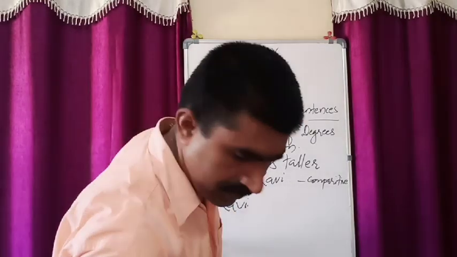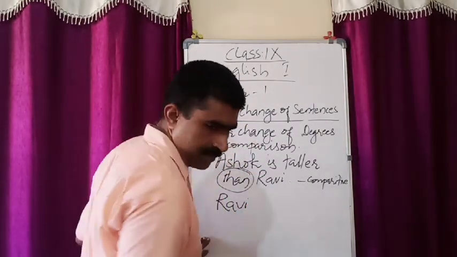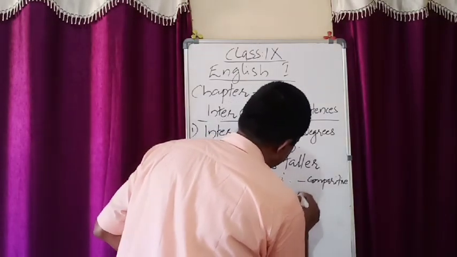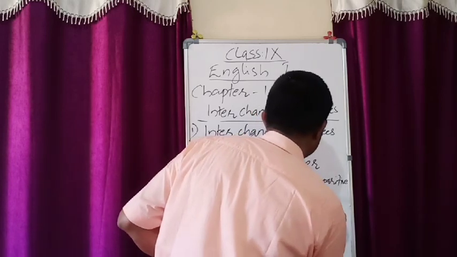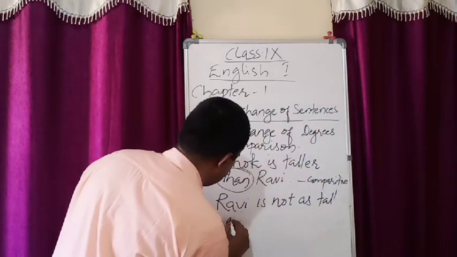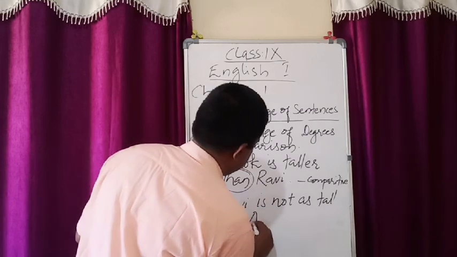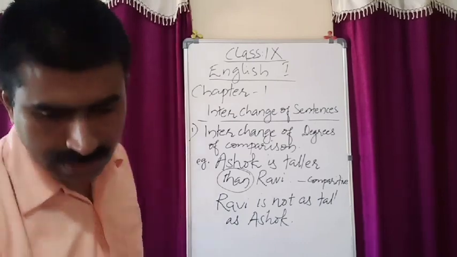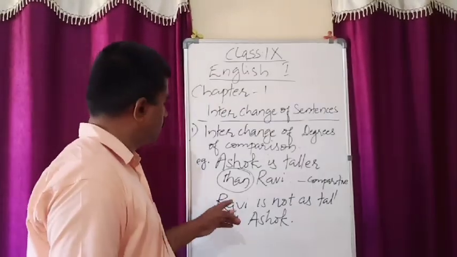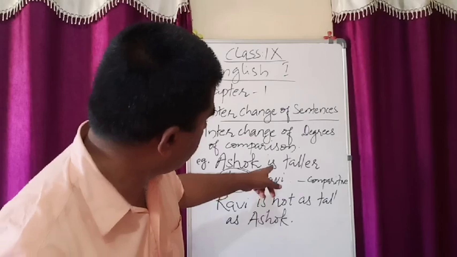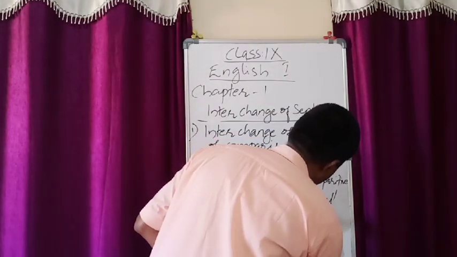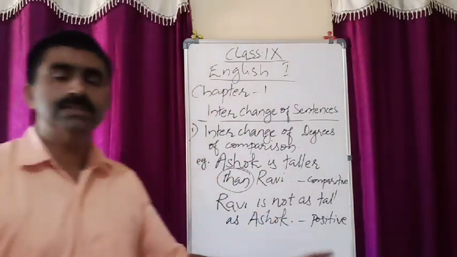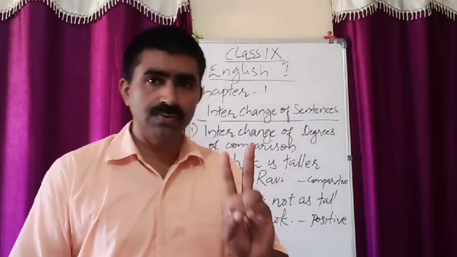Devi is not as tall as Ashok. So this is a positive degree. The comparative degree is changed into positive degree. And in degrees of comparison, an important factor is that when only 2 things are given,